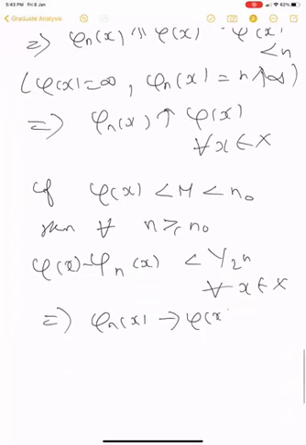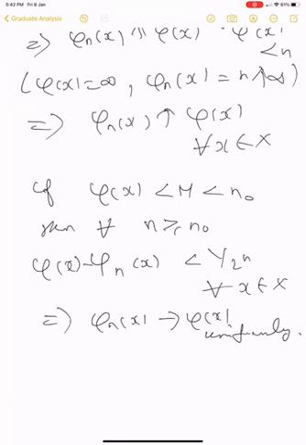Converges to phi of x uniformly. So we have proved the proposition. That's fine. So let us go ahead and define the